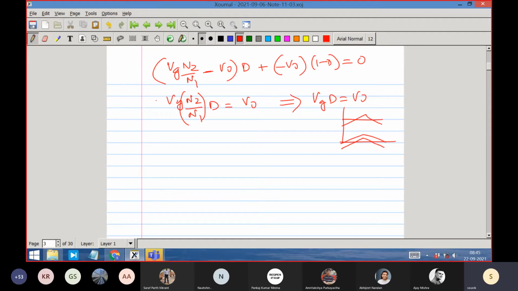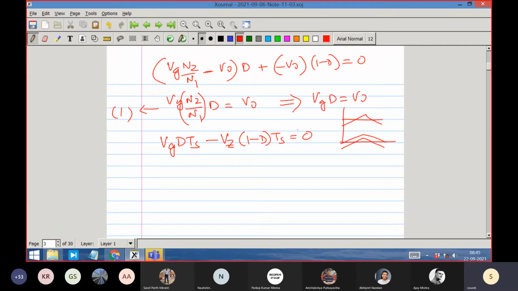No. Because of the transformer, we have a second constraint. This is constraint number 1. The second constraint, what is the constraint? You can see in your circuit. During the on time, the voltage across the coil 1 is how much? Vg. And how much is the time? dTs. Must be balanced by what? Must be balanced by minus Vz into (1 minus d)Ts is equal to 0.